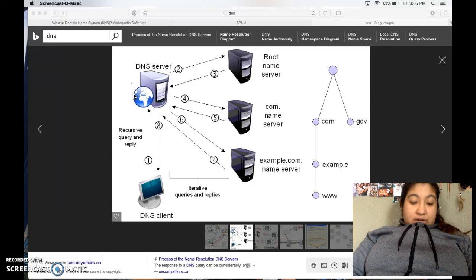A DNS server is a server that stores the DNS records for a domain. There are different ones. You can simultaneously receive different translations for the same domain name. It is key to providing faster response times on the internet for the majority of internet services today.